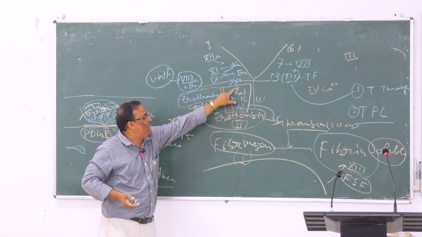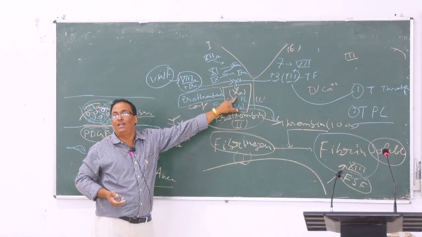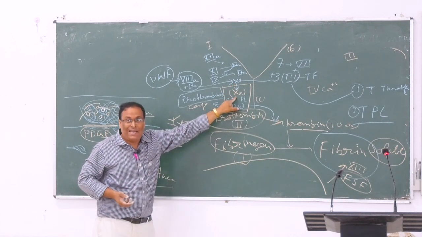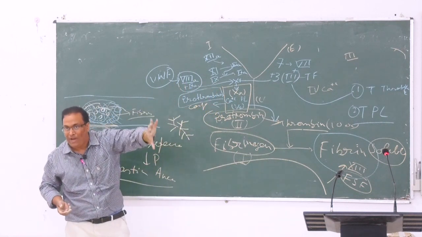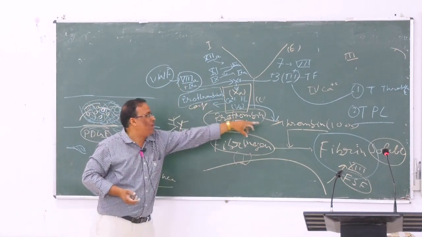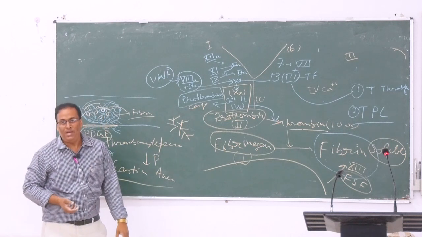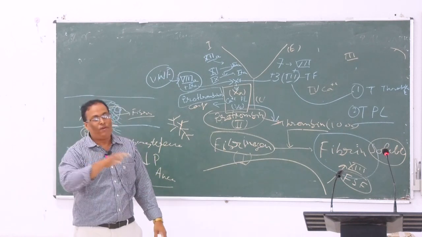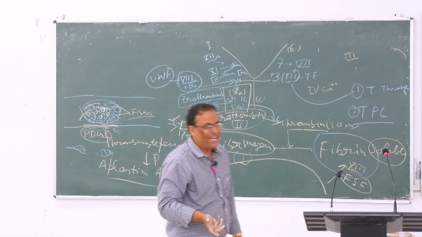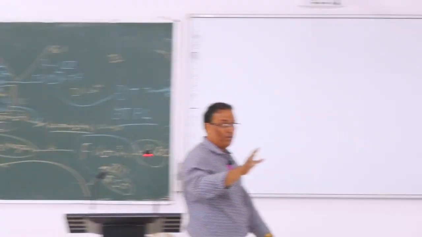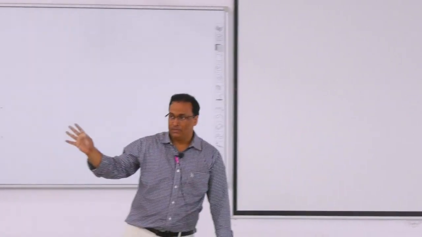So then these ultimately go to formation of the activated factor 10. Activated factor 10 along with calcium, phospholipid, factor 5 activated, then it converts prothrombin to thrombin, thrombin converts fibrinogen to fibrin, fibrin is a soluble form, টাকে insoluble করতে গেলে factor 13 লাগবে, finish, আর কিছু নেই।